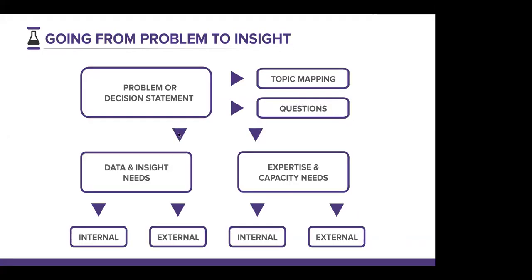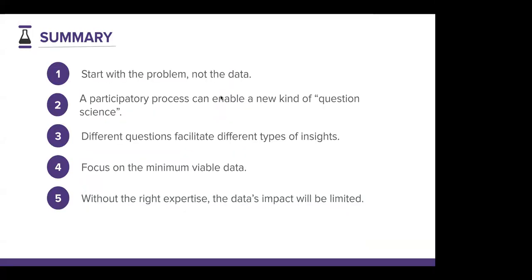So this is in a nutshell my suggestion to start developing what I call decision science, which is really about becoming smarter about how you formulate the decision, the questions that can inform a problem, a decision, but can also inform what data you actually need before you start with the data. Because as I mentioned, too often people start with the data, with what answers they can get from the data, without really understanding whether it is the question that matters vis-a-vis the problem. So start with the problem, not the data.